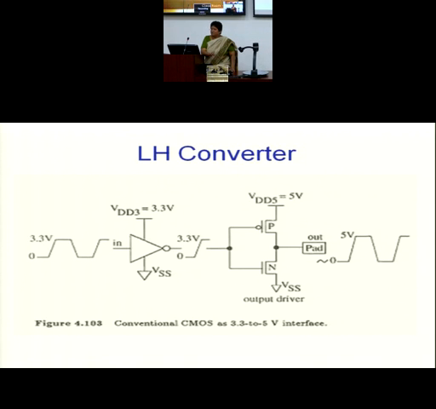So if I use the same inverter, and suppose I want to make a low to high converter. Low to high means, remember, at the end, you need to convert from low to high. Suppose your low VDD is 3 or 3.3 and you want to convert to 5 volts. Which circuit will you employ?